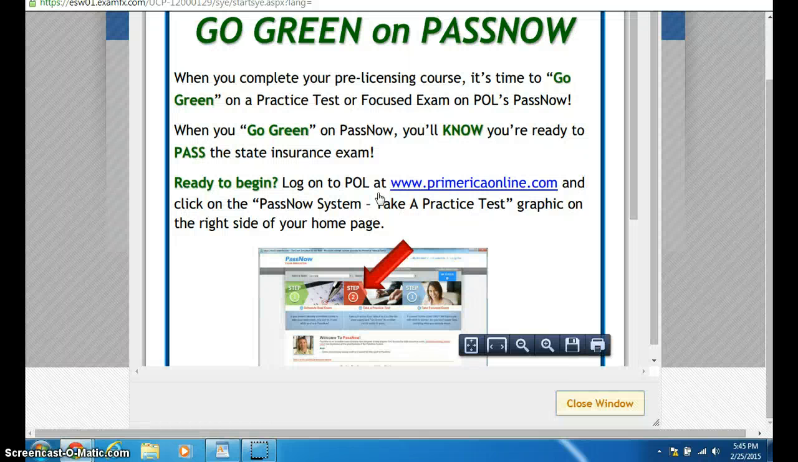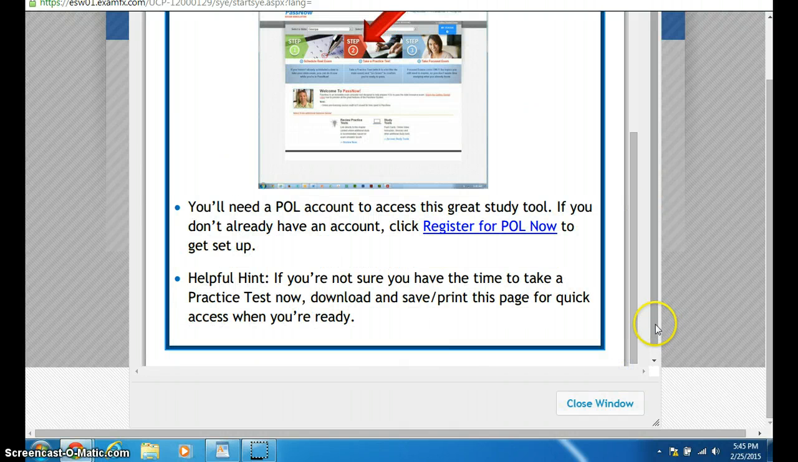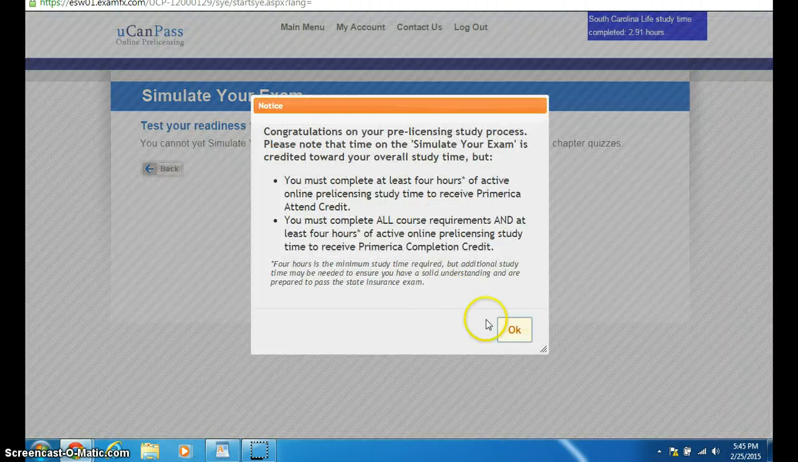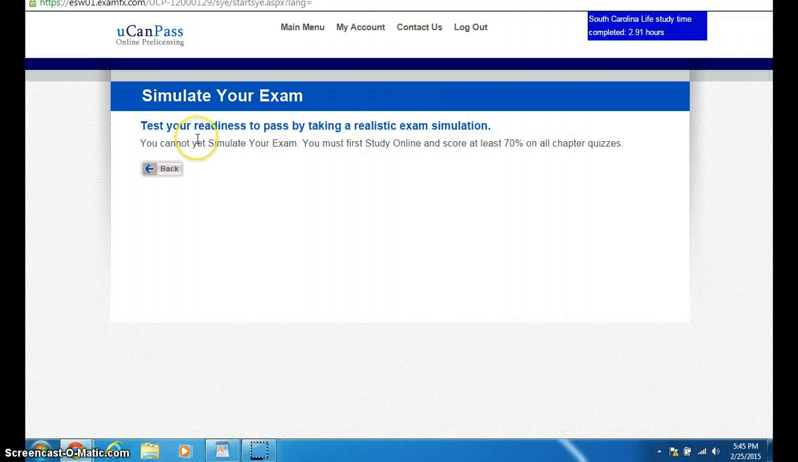What happens here is, same thing, you scroll down, there's a pop up, and you say, hey, I certify that I'm this person, close the window, and then boom. But it will not let me do it because I haven't made a 70% on all the chapter quizzes. But if I did, it's formulated the same way as the quizzes: you just go in and take a 100 question test, where the questions rotate and populate differently,